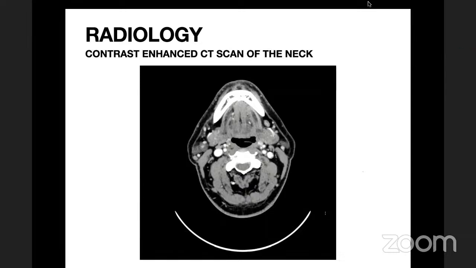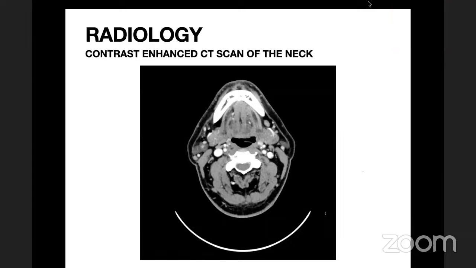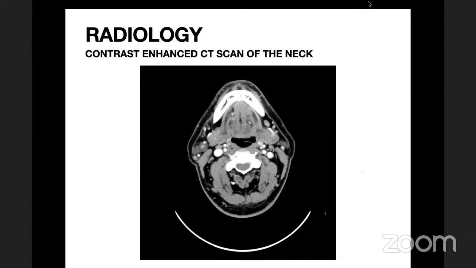How frequently are you going to call this patient? Ma'am, 6 weeks, and I would like to do imaging after 12 weeks of completion of adjuvant treatment. What imaging will you do? I'll do a PET scan for the patient. What response are you looking at? This patient has had surgery followed by adjuvant therapy. So what response?